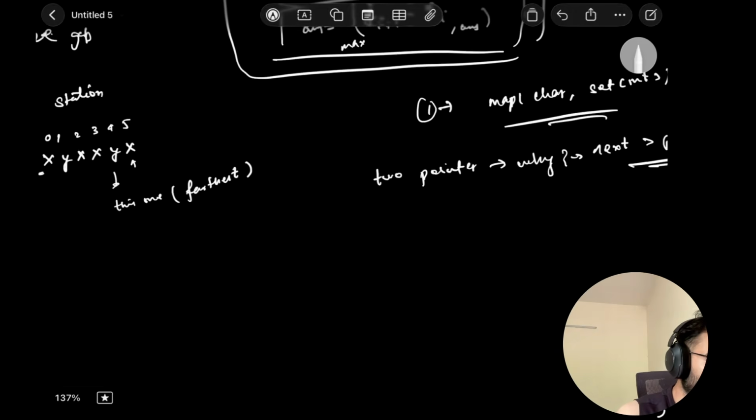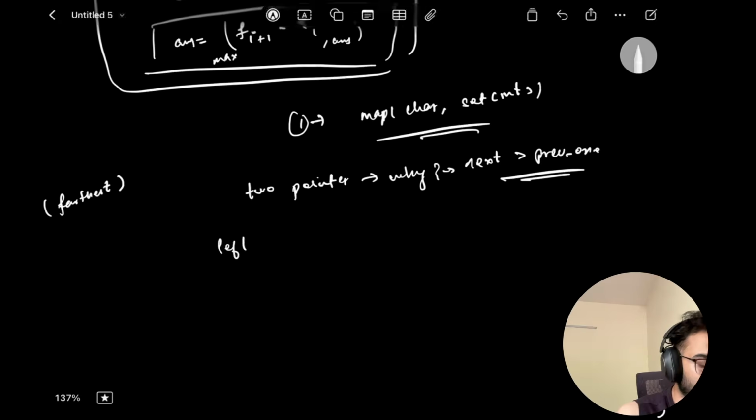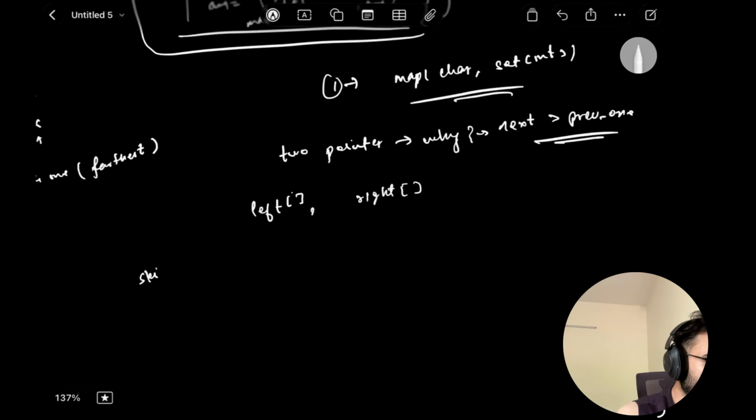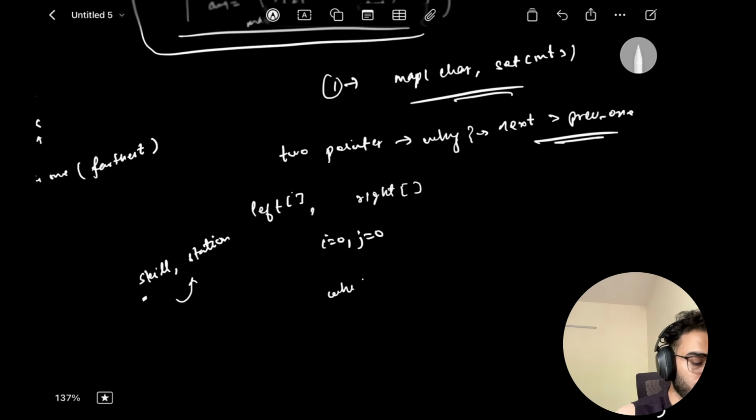So let's prepare. We already did the dry run, so now let's prepare the left and right. And how do we prepare? We are given a skill array and a station array. Start with both I equals 0, J equals 0. Now we have to assign the first skill to some station. So what we'll do,